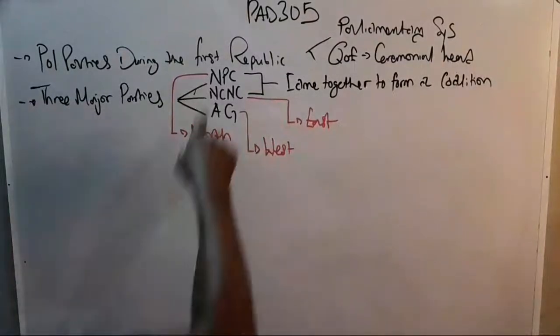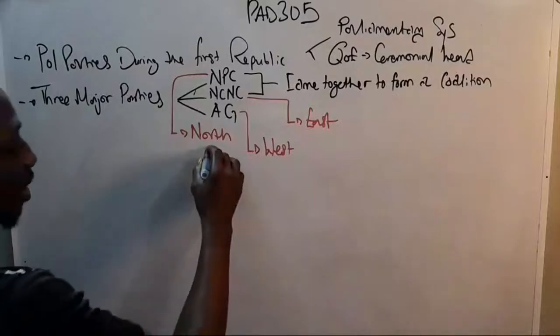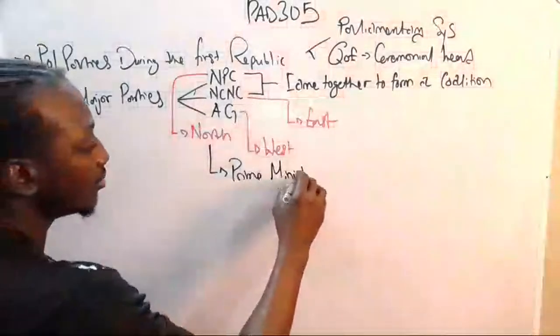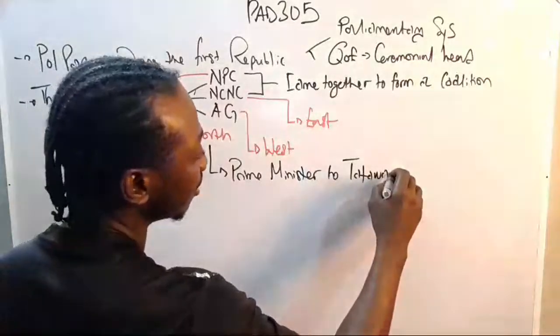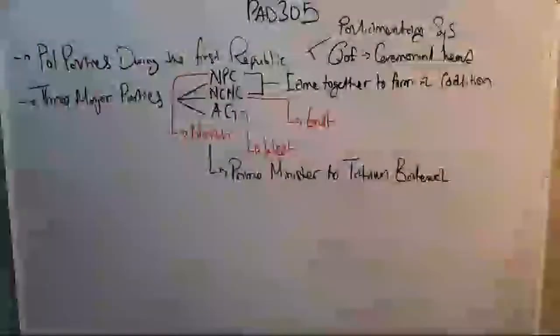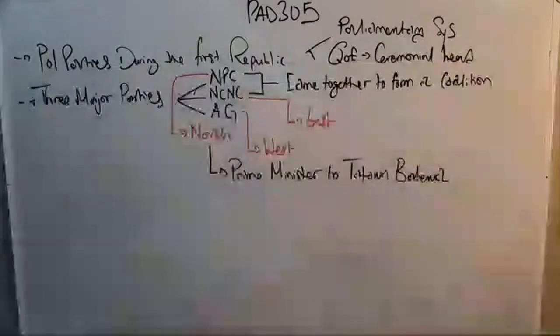So the coming together of the coalition of NPC and NCNC gave the post of Prime Minister to Tafawa Balewa, from the North. The post of Governor General was finally assumed by